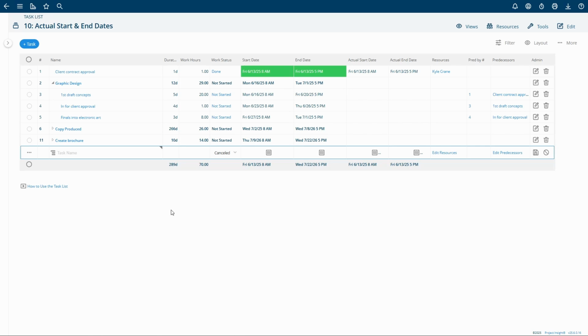Today I'm going to be showing you how to utilize the actual start and end date columns on the task list. On a task list, the start and end date columns show the planned start and end date for a task. However, the actual start and end date columns show when that task was actually started and when it was actually